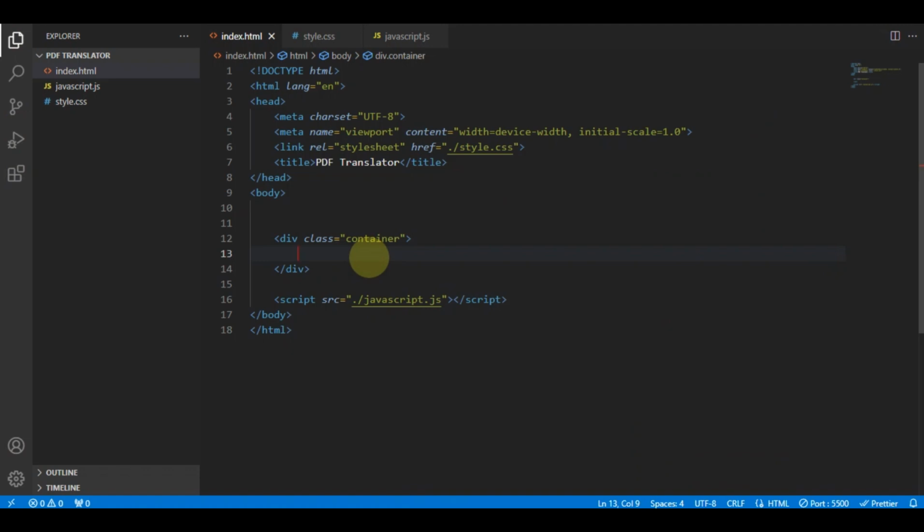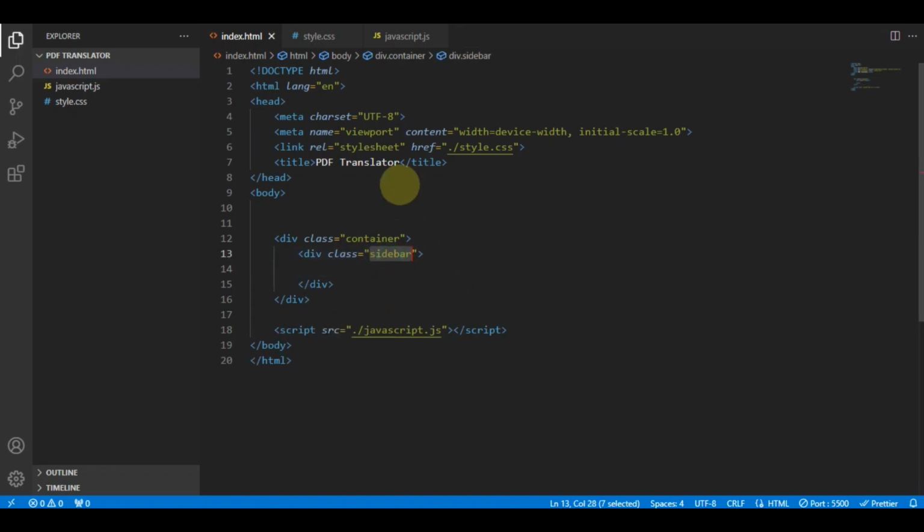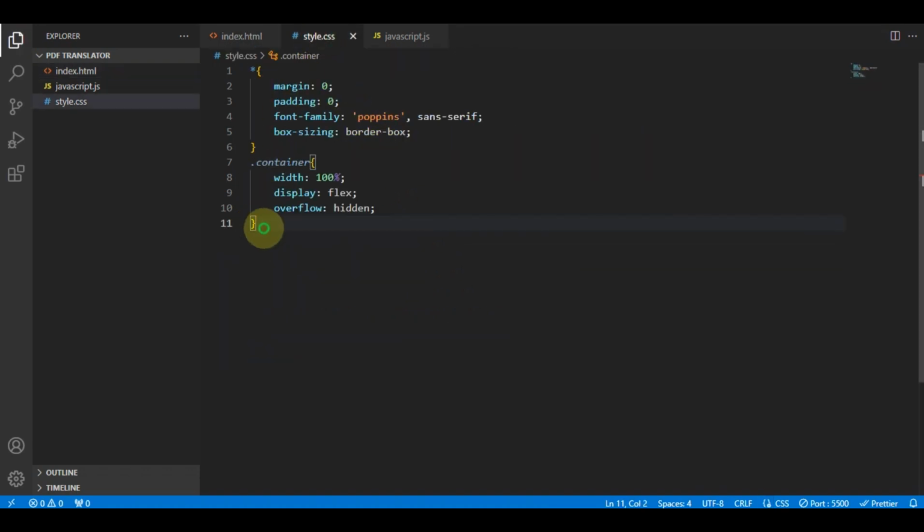That means we will take a sidebar in this template that will be placed on the left side of the user layout. So for that, write div, and the class name we will give here is sidebar, and then just copy this class name from here and come to our style sheet, and then we will apply the necessary CSS for this sidebar. The sidebar width I'm giving here is 20%,